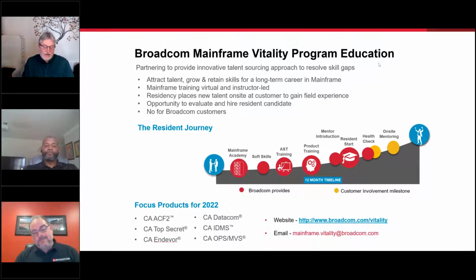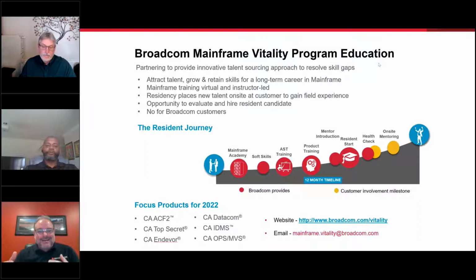Let me give you an example. Our residents are trained in different products, and let's just say Top Secret. We would take a Top Secret trained resident and put them with you, and perhaps you have your team lead or your tech lead at your site. And what you would do is show them the ropes of what you're doing to administrate Top Secret in your organization. And what we have found is over the next 3 to 6 months, that resident will